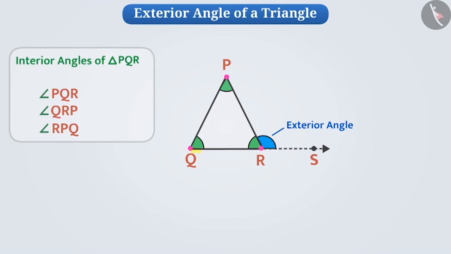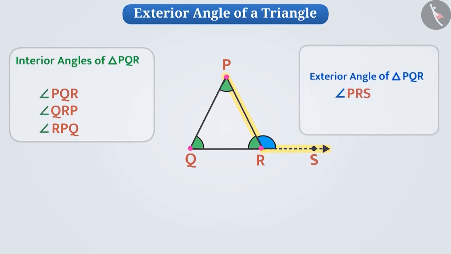Here, we have extended the side QR through point S. This gives us angle PRS, which is an exterior angle of the triangle PQR. Angle PRS is an exterior angle formed at vertex R of triangle PQR. Now consider this, if we extend the side PQ through M, then which exterior angle will be formed? You got it right. We will get the exterior angle RQM, which is an exterior angle formed at vertex Q